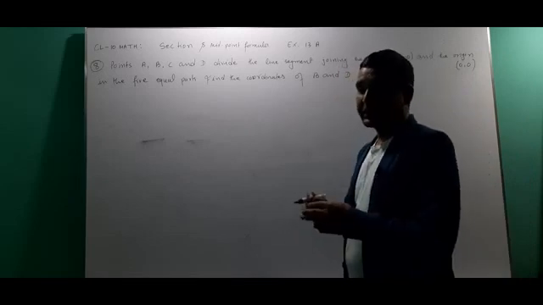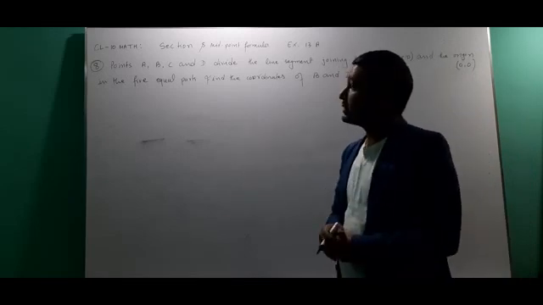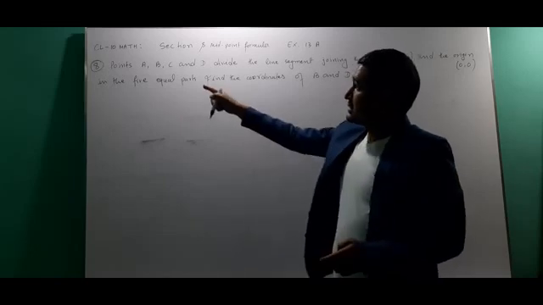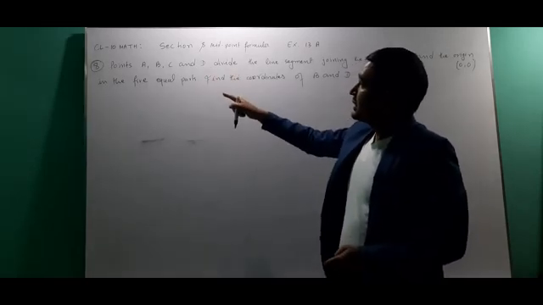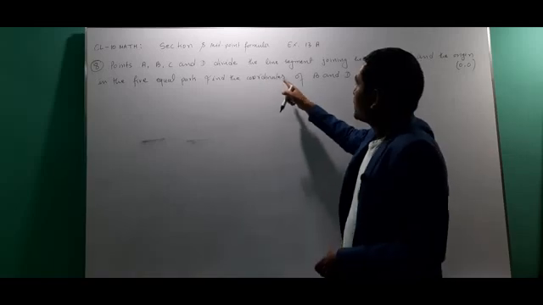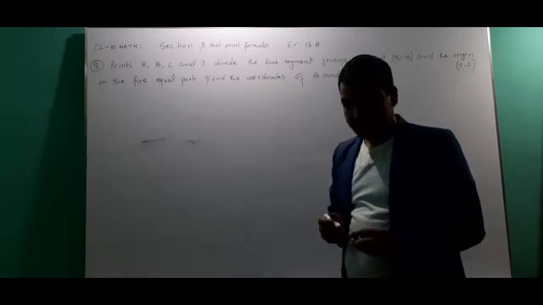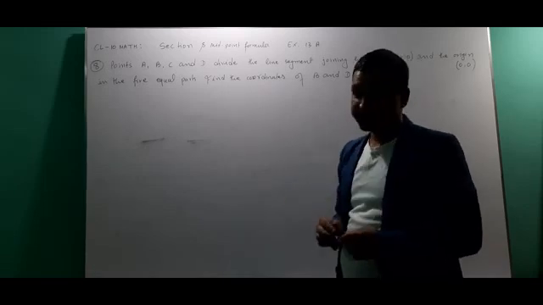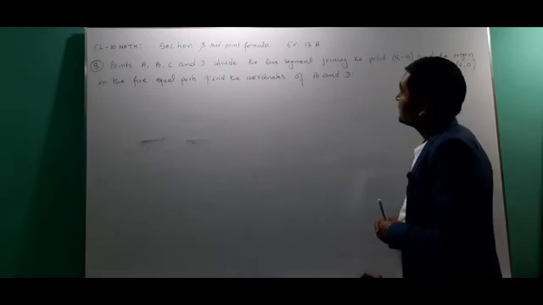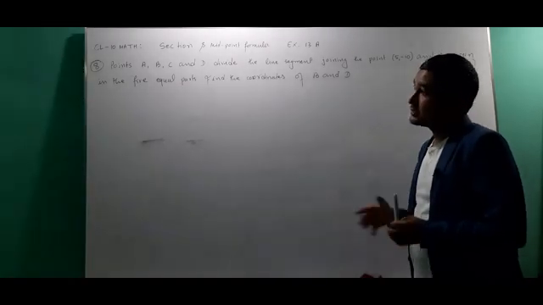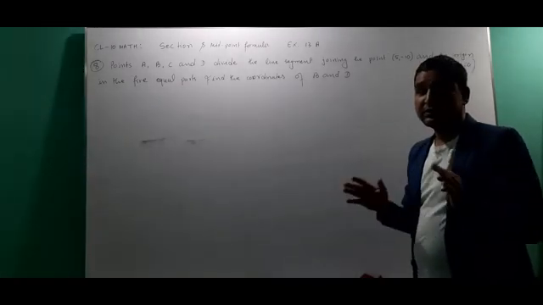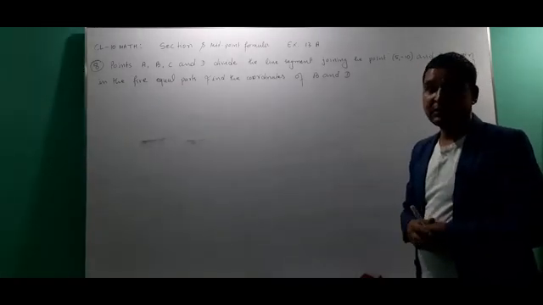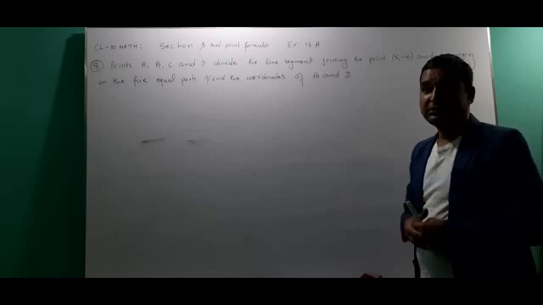The one line segment is divided into 5 equal parts and those parts are named A, B, C, D, and we need to find the coordinates of B and D. The question asks to find the coordinates of B and D, not all the parts. I already told you all, while doing this type of question, always draw a rough sketch. That is very, very important to solve the questions easily.